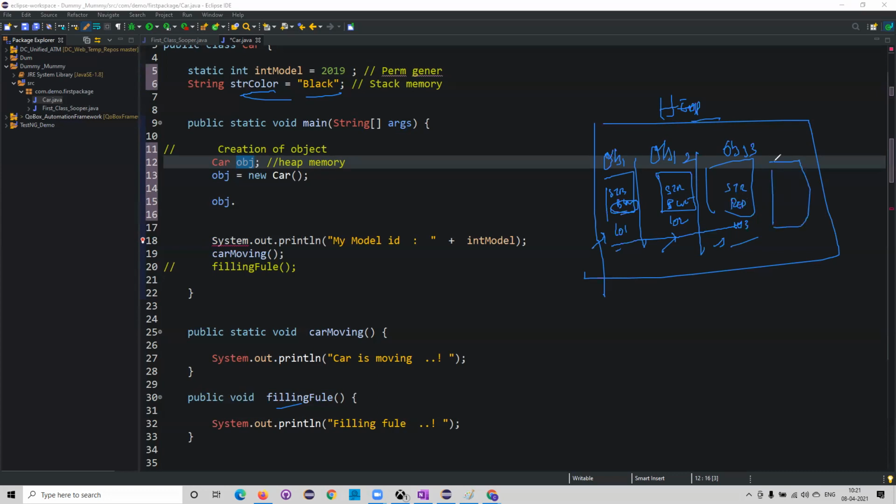I will create another object, obj4, with address 104, and here the string color equals white. You see it? Now, will it impact the original variable, whatever was originally defined here?